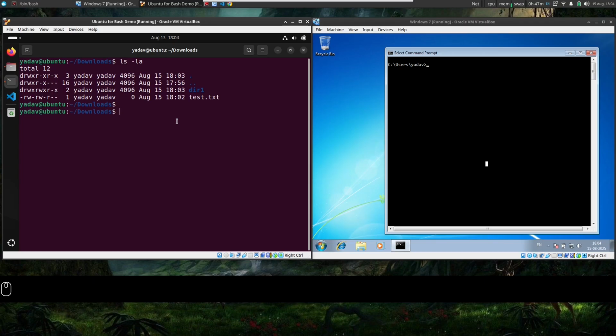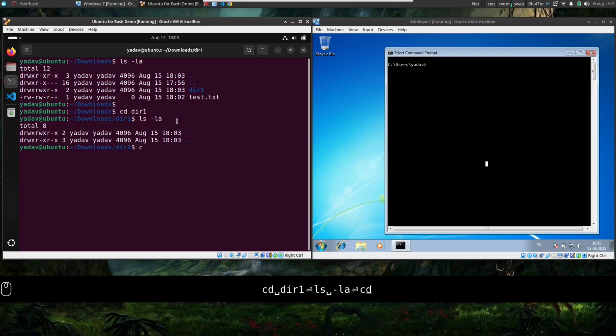Either you can actually shift your terminal to that directory by using change directory to dir1 and then look at the content, or you can just do an ls on dir1. Okay, what does this whole mean? Let me just get rid of it as of now, then I will explain its significance.